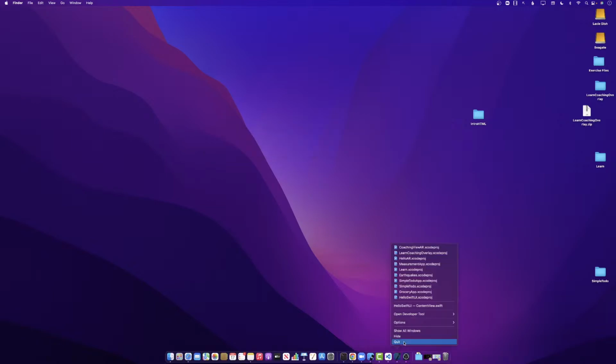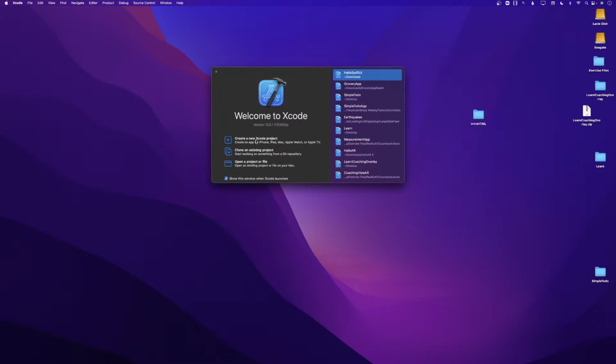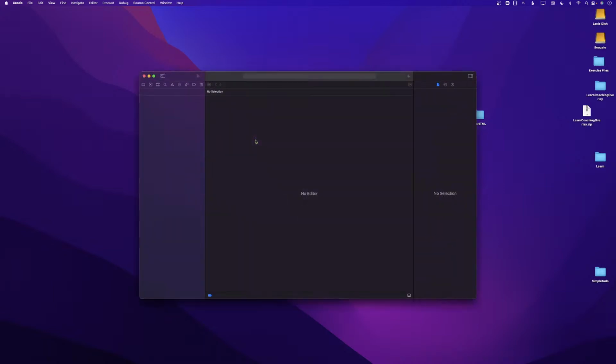I already have Xcode, so I'm going to go ahead and launch it. Let me actually close Xcode and launch it again. There we go. Once you see the font size and everything, let me know if the font size is big enough for you or should I make it bigger. I'm going to go ahead and create a new project